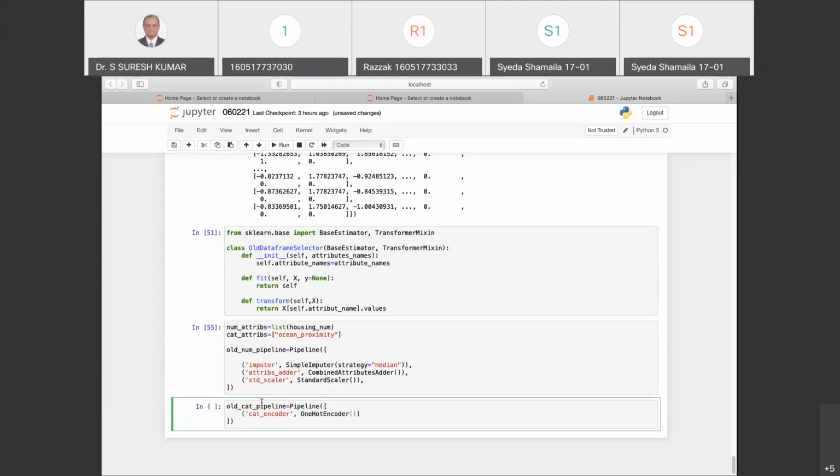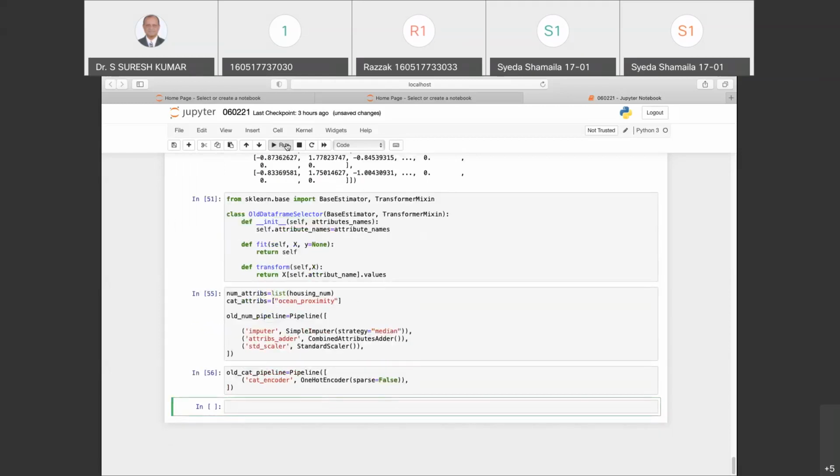This time I don't want a sparse matrix, so I say sparse equal to false. So after this, give a comma. Let me try this. This is fine. So till here you may kindly write down, let me know so that we do the remaining thing after this.